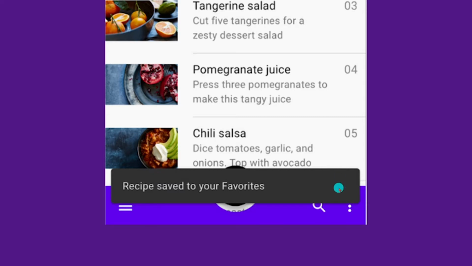And this is a floating snack bar. We are going to see what is a floating snack bar, what is a non-floating snack bar, right? We are going to apply this border radius, background color, then action buttons, everything we are going to see in this video. So let's go to my VS Code and start coding.